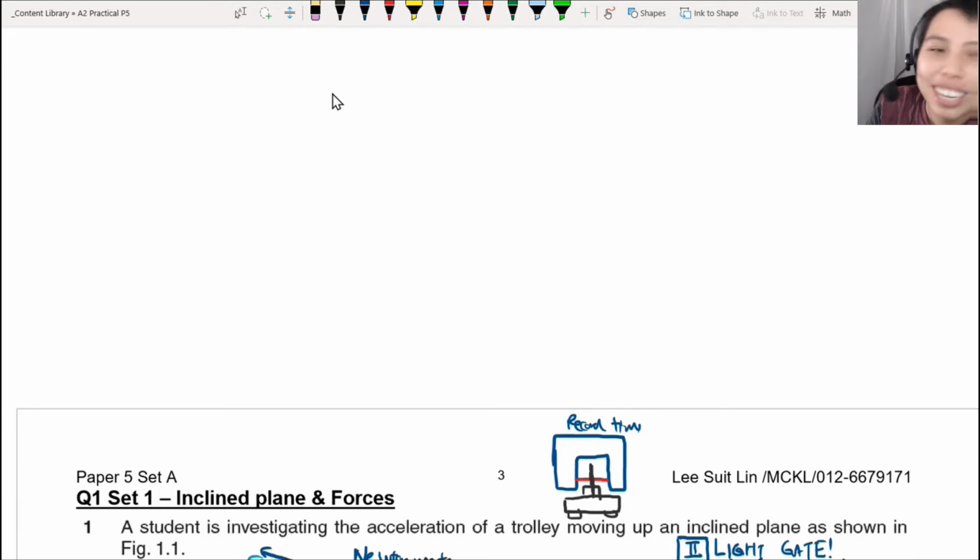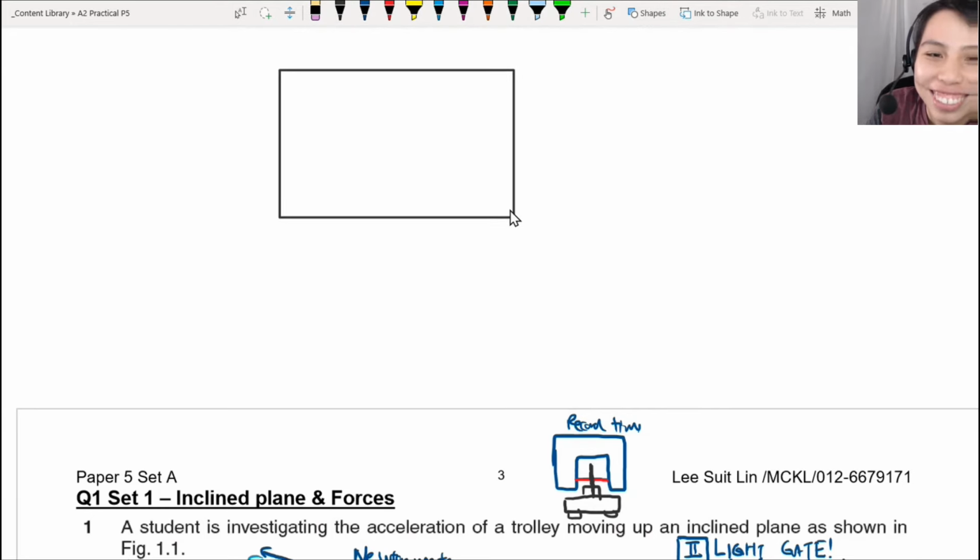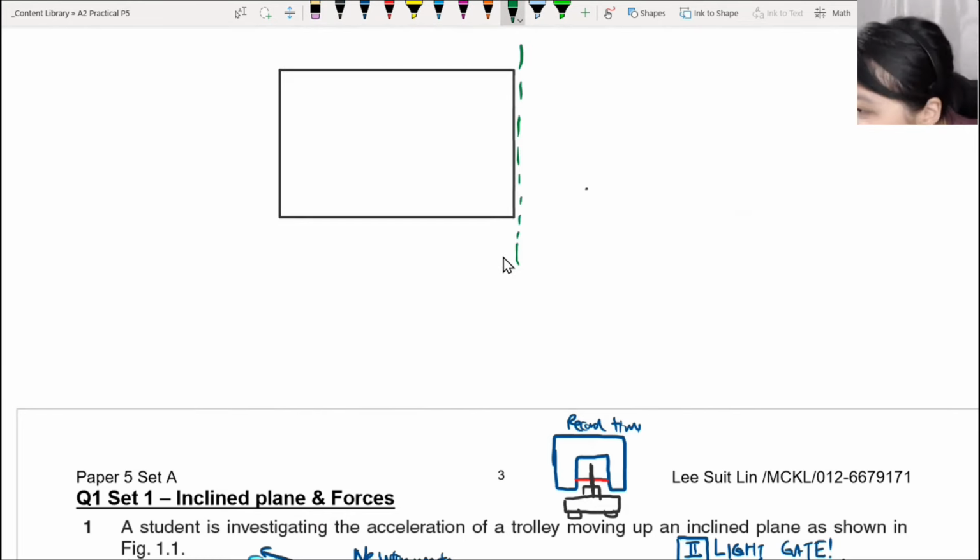Any other light gates? Wow, got uncertainty. Some more. We'll take the average. Average looks like it's going to be 3 point. Okay, let me do a quick average. 3.05,